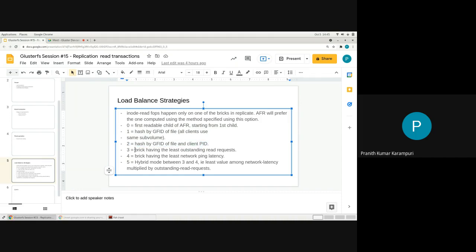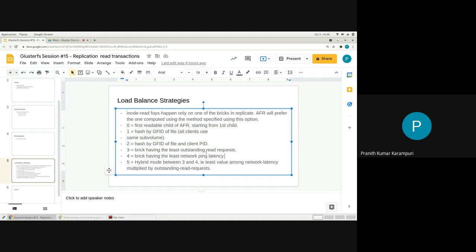The other one is something interesting. I think this gets used if there is only one client, but it keeps reading the same data or the same file again and again. In this case, you keep a count of how many read requests you have sent to a certain subvolume, and every time you pick the one with the least number of outstanding requests.